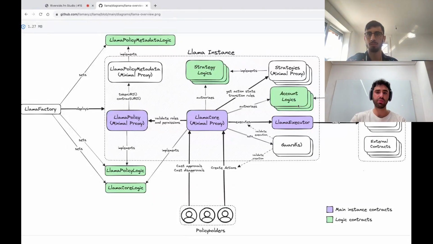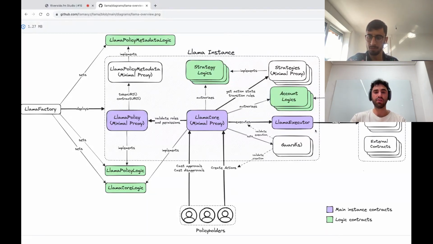One design decision we made here, which is maybe a little different than some of the other projects out there, and something we thought was really important based on our experience, is this: everything that happens in the Llama instance, the permissions and the roles and the validation, all happens behind the scenes.